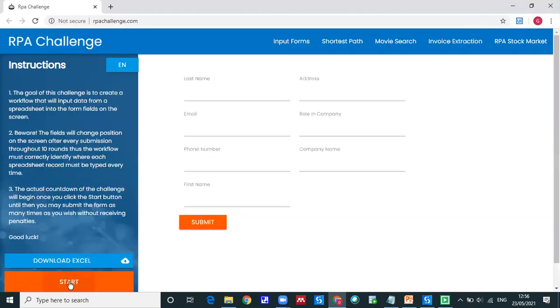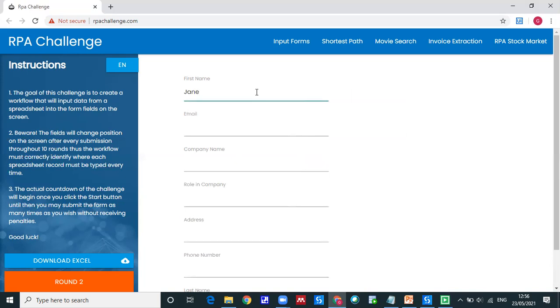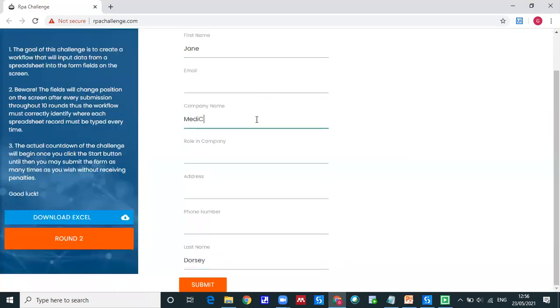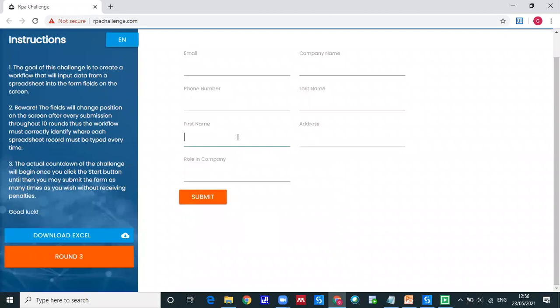So for 10 entries, it should repeat one by one. So it has clicked on the start button, Smith company. Yeah, now it is writing correctly. Can you see it? So it is finding the reference element and accordingly writing the data. Try to understand this situation. It's not finding the empty field. It's finding first the reference, I mean, that landmark, what we call as anchor. It's finding that anchor and accordingly writing the data based on the position that we provided.